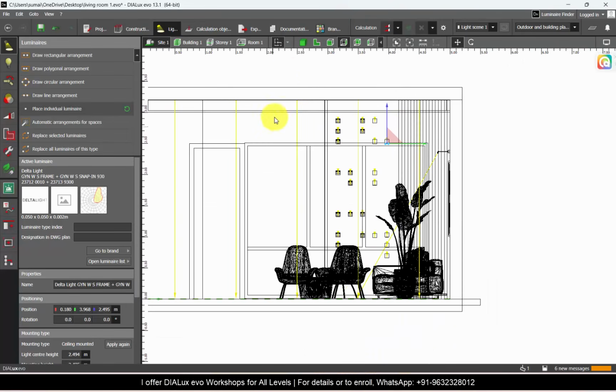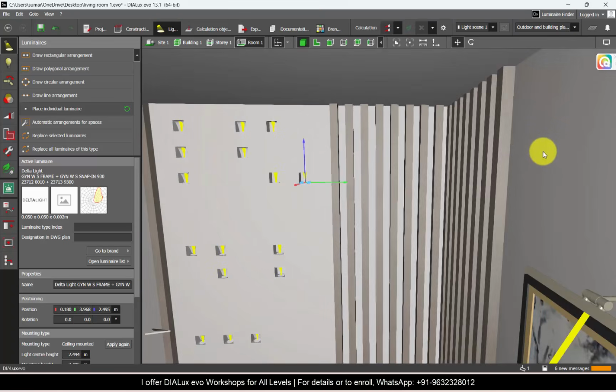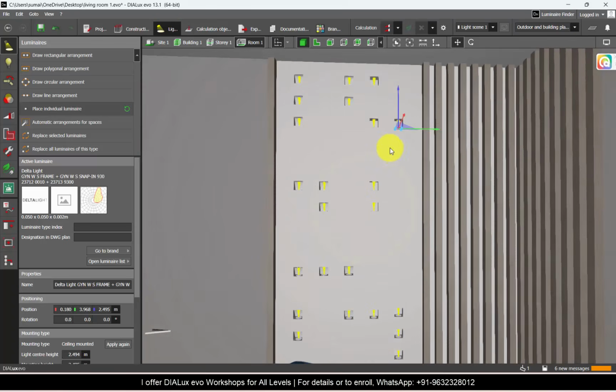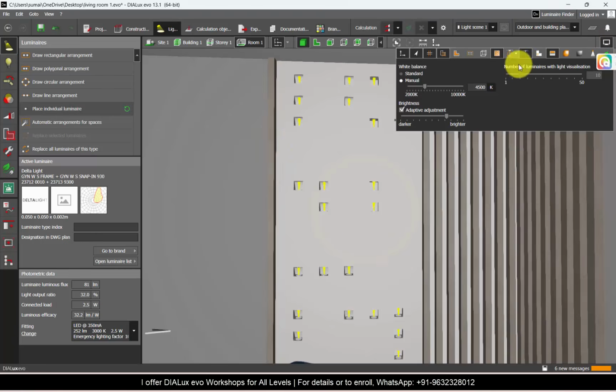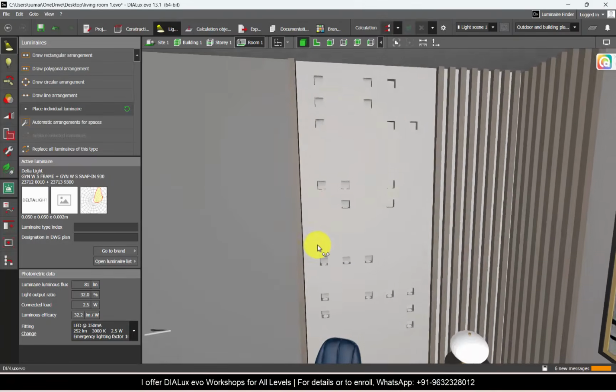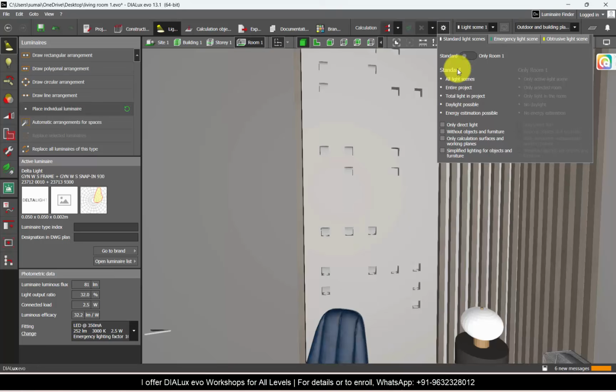I have finished placing the IES files in all the cutouts. That LEO alignment shows you if you have placed it in all or if you're missing some cutouts. We will switch off the LEO alignment. After this is done, you can run the calculation and check the result. We'll keep it in standard. We will run the calculations with objects and furniture because I want to make a render and show you the